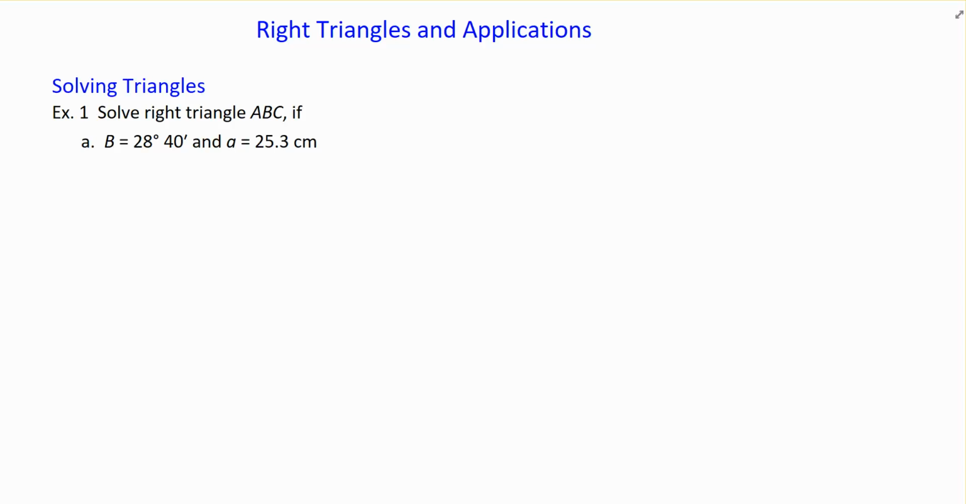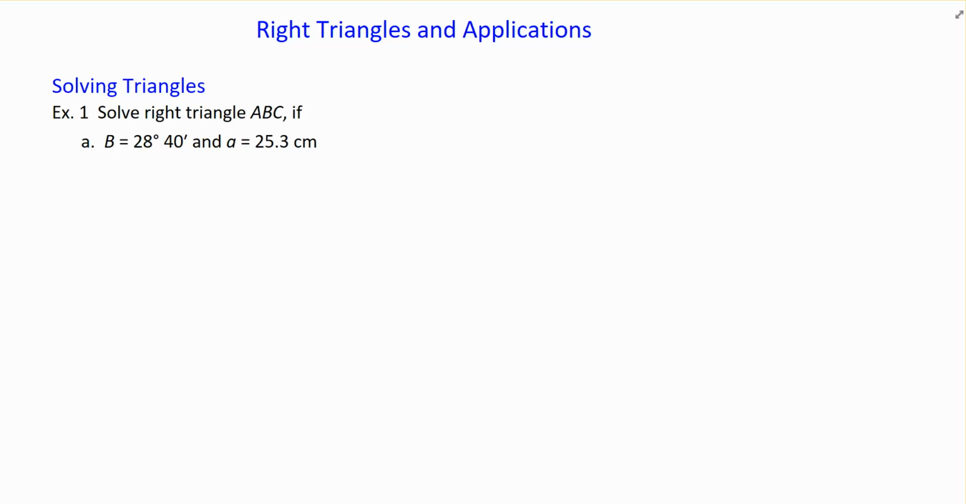So we're going to take our information that we've been learning so far about right triangles and apply it to a couple of examples. The first example says I want to solve the right triangle ABC if I know that the angle B is 28 degrees 40 minutes and I know side A is